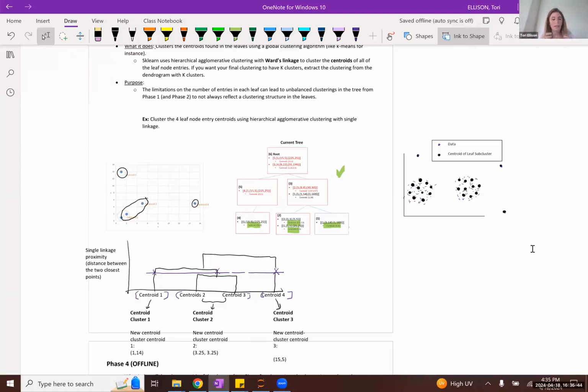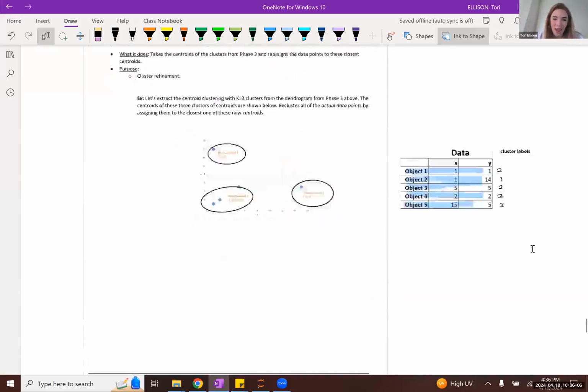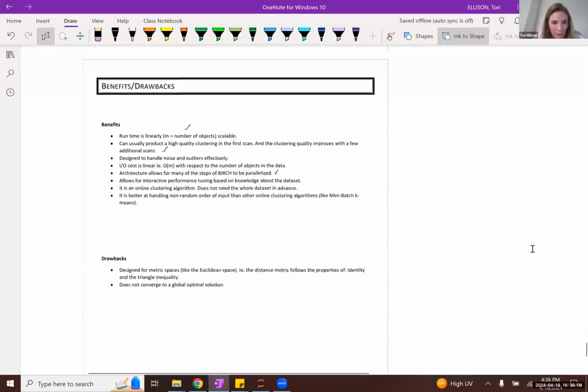Once you've built those 10 CF trees, you can take the leaf node CF entries from each of your trees and refeed those into a single CF tree, which is essentially designed to combine the information from each of those 10 CF trees. So pretty cool stuff.